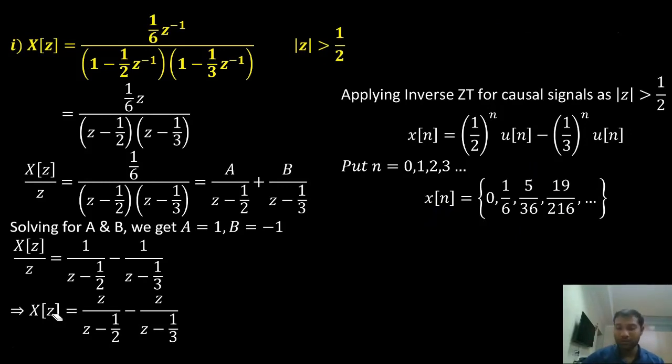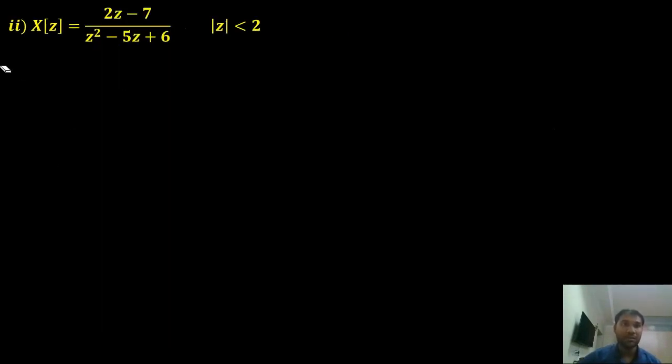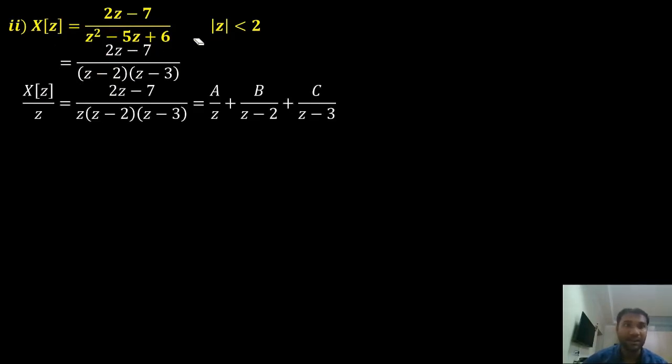Now we'll look at another problem and find the inverse Z transform using partial fractions. This is the same example we have considered using the power series method also. Now we'll check for this one as well. First, this is already in the powers of Z. Then I am going to find x of z divided by z. I am factorizing the denominator and then I am looking for x of z divided by z, right?